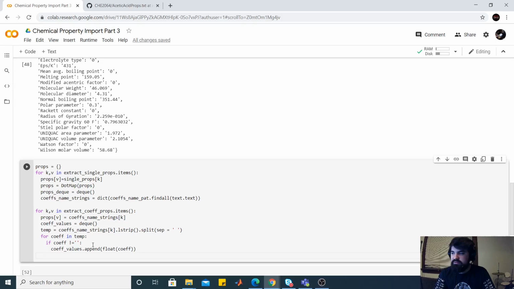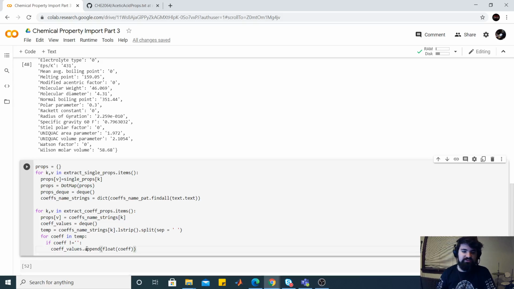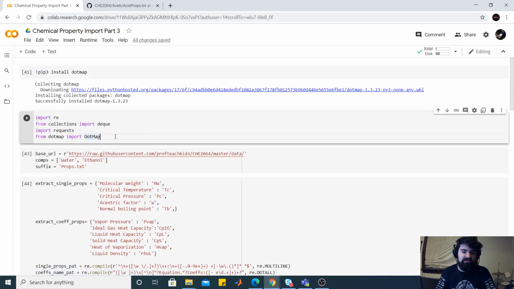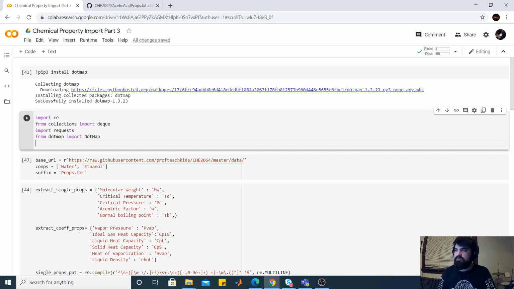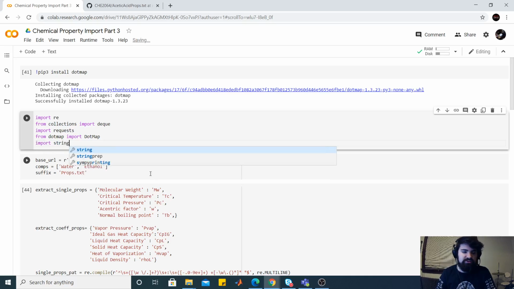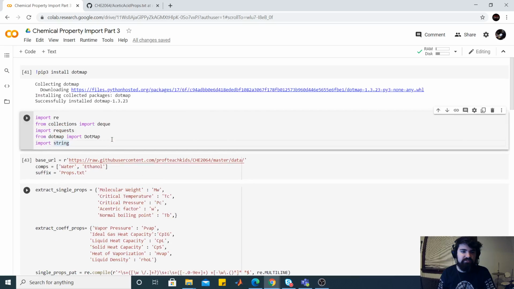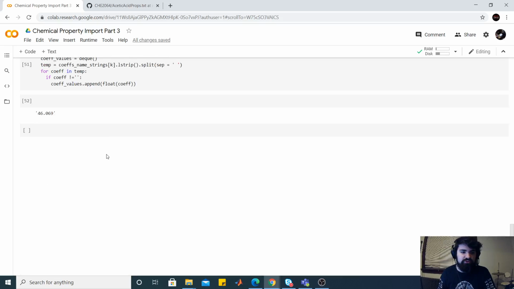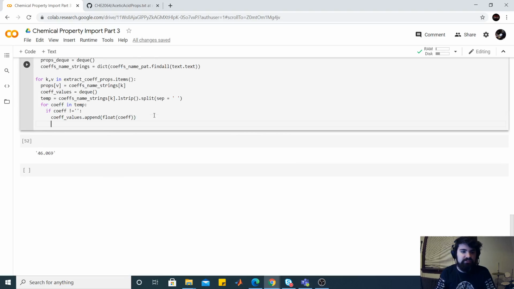And then one last loop that just pulls it all together. Because a lot of this has to do with strings, we're going to have to do some string manipulation. And so to do that, we're going to have to import string. Oh, gotta make sure to run it before I accidentally get an error. Boom, boom. And then